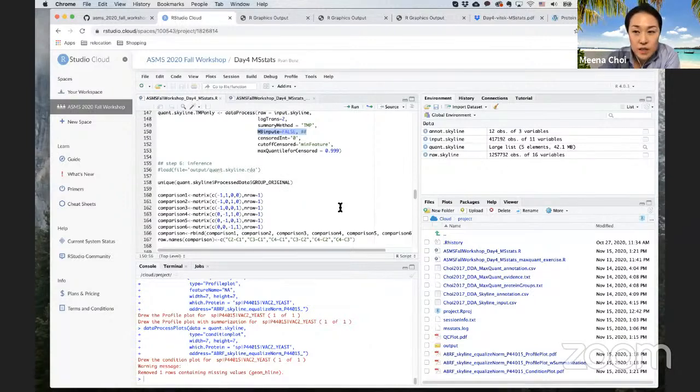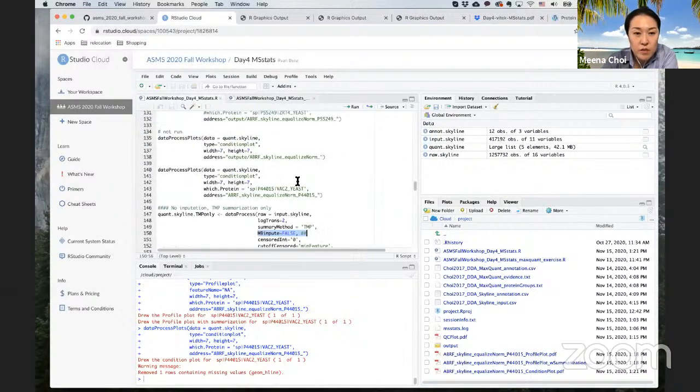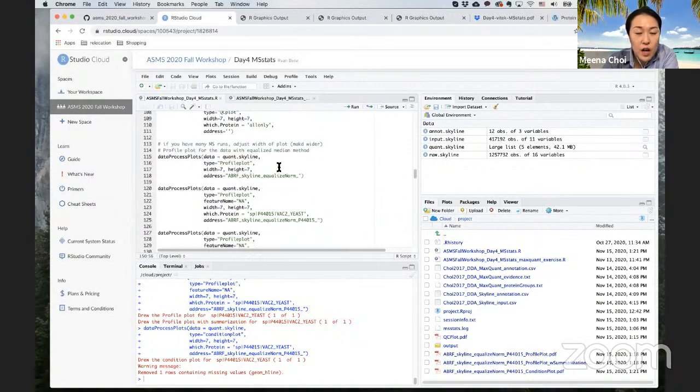Just to remind you again: first, we load MSstats. Second, we need to import the quantification data, using the tool-specific converter. Then we do the data processing to get the protein level quantification data. Then we are going to do the inference, the hypothesis testing. For hypothesis testing, we will definitely use the output of